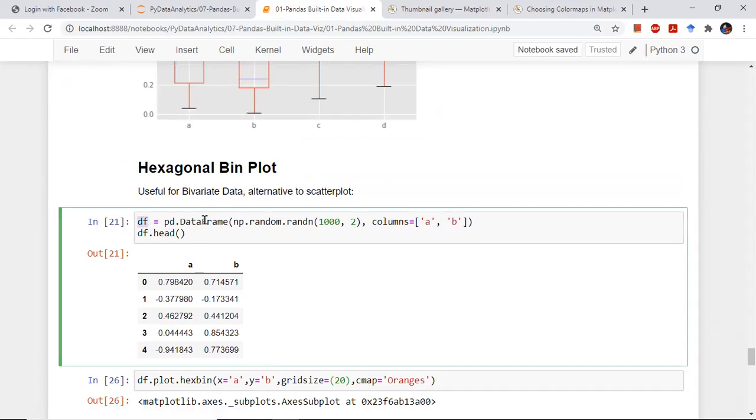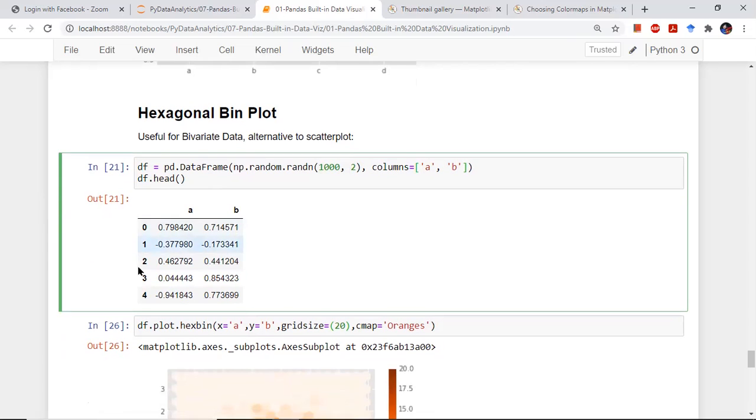Let's create a random data frame first. So df is equal to pd.DataFrame(np.random.randn), so give me random numbers, 1,000 rows and 2 columns. I want random numbers from the normal distribution in this shape, 1,000 rows and 2 columns, and the column names are A and B. So this is my data. This is what my data looks like. Now I want to plot a